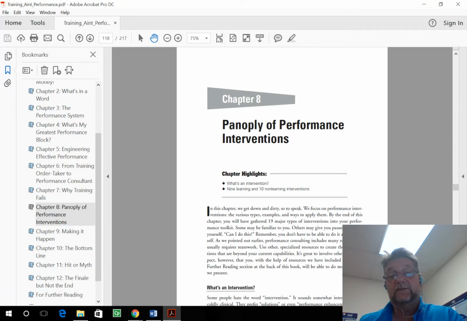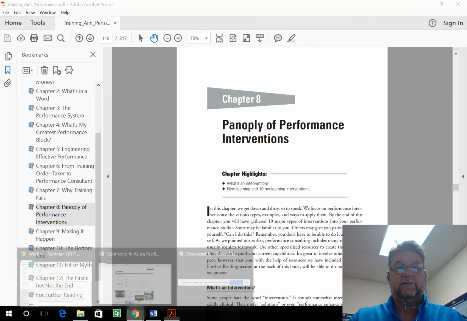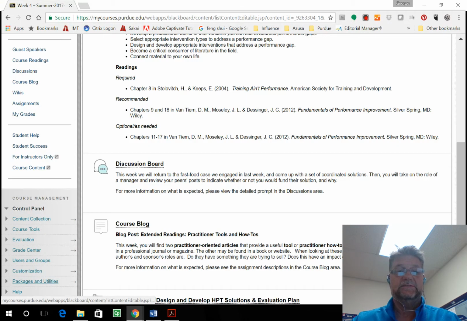It depends on the organization itself, the structure of it, the way it's set up, what interventions are the best fit. Because remember, one thing we want to make sure of is that it is one of the cheapest interventions. So cost does factor in, but it also has to be effective. And part of that effectiveness is matching the organizational culture and organizational structure. It really has to be able to do that. In our text, they talk about learning and non-learning interventions that we're going to dig deeper into during this week. So I'll let that transpire as we go through our discussions this week.